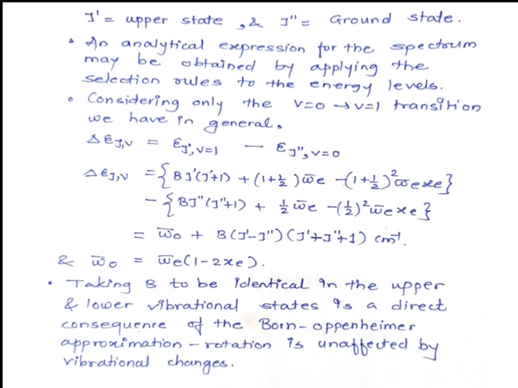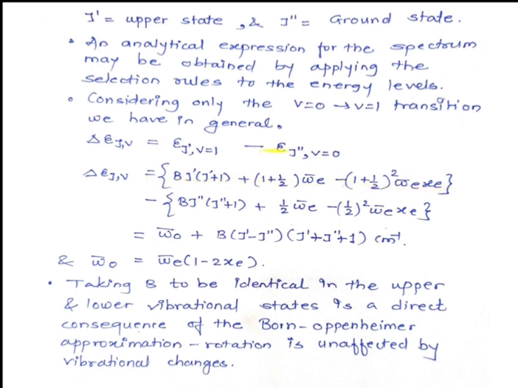It is V plus half omega bar E, and here V for the excited state is 1, that's why I have written here 1 plus half omega bar E, minus V plus half bracket square omega bar E x is there. So V is equal to 1. Again I have written this. So our first energy of the excited state will be completed.